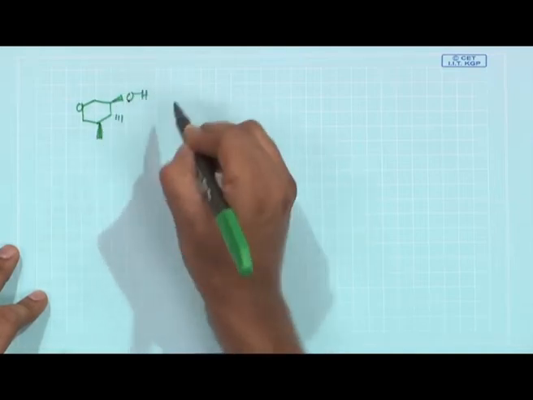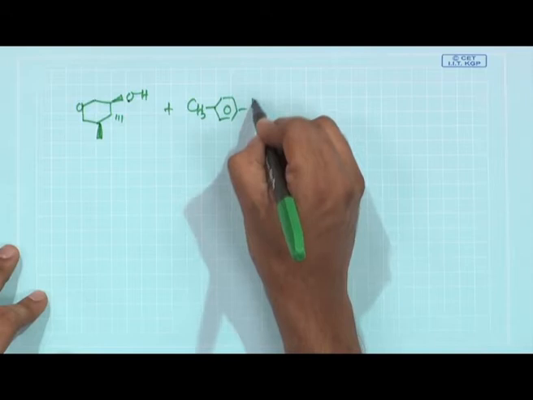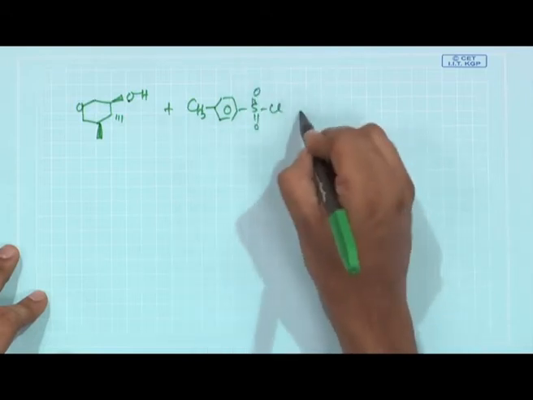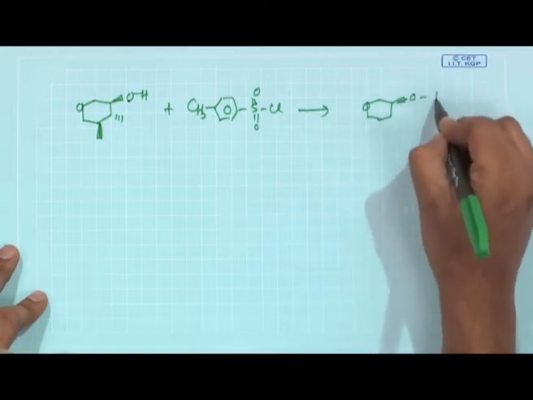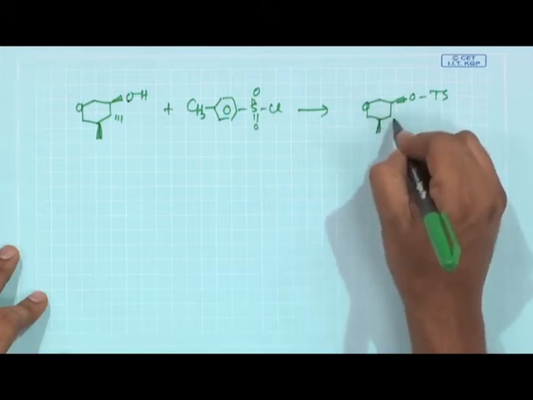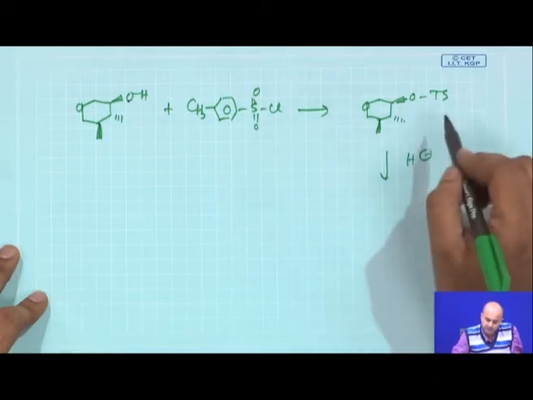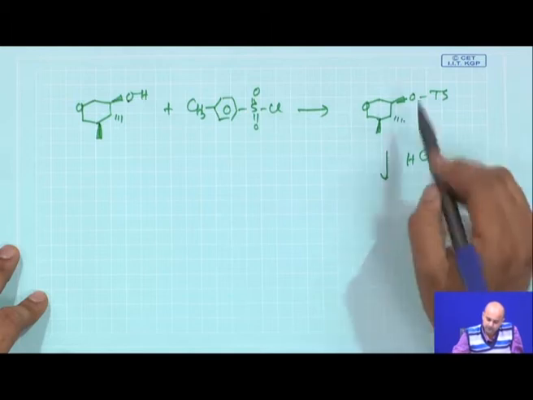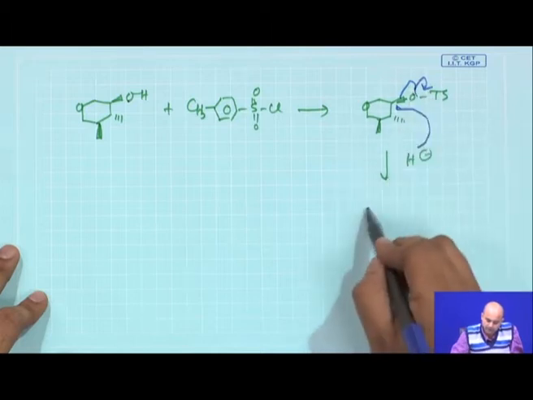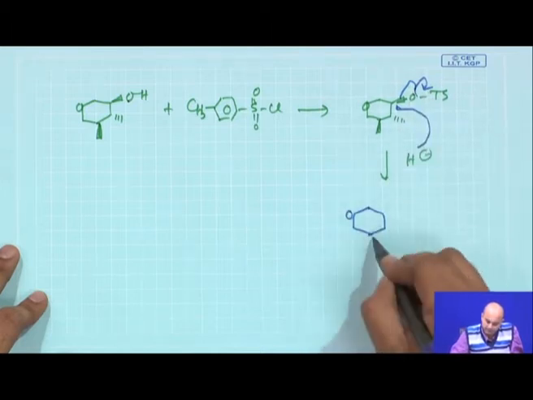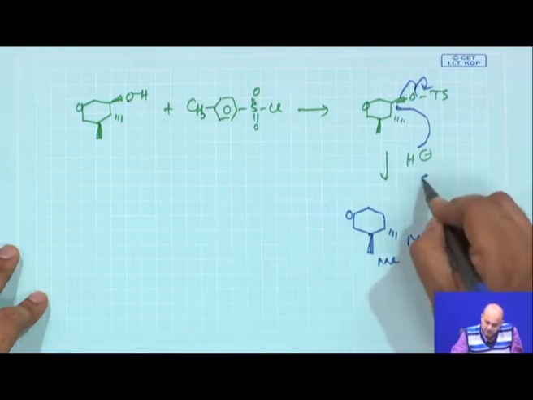So, you have this OH, you react with tosyl chloride, TsCl, and by reacting with this tosyl chloride the alcohol is basically protected, is it not? The alcohol is protected. Now, what do you do? You put an H minus, this H minus basically attacks this tosyl, and it goes up, the entire tosyl goes up, and basically you get a methyl. So, it is an SN2 reaction.